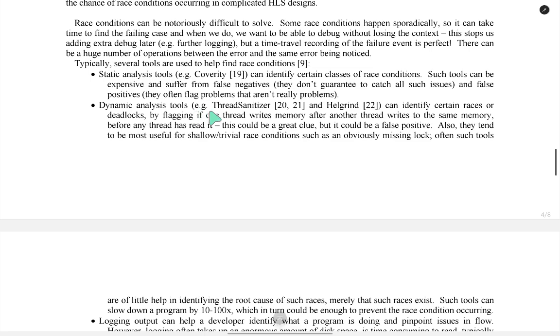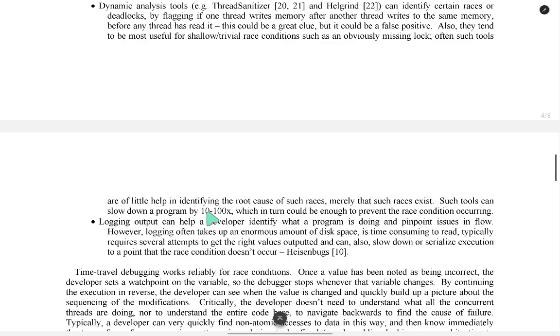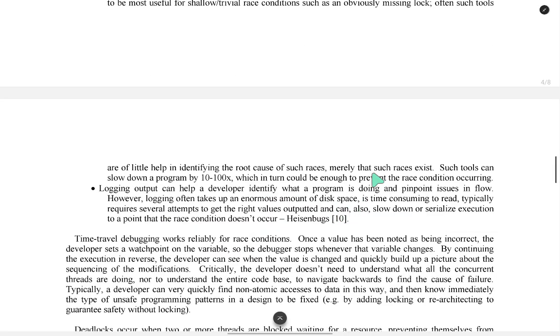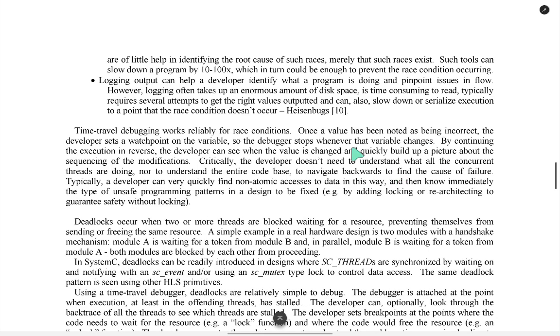Dynamic analysis tools, for example ThreadSanitizer and Helgrind, can identify certain races and deadlocks by flagging if one thread writes memory after another thread wrote the same memory before any thread has read it. This could be a great clue, but it could be a false positive. Also, they tend to be most useful to find trivial race conditions, such as an obviously missing lock. Often such tools offer little help in identifying the root cause of such problems, merely that such problems exist. Some tools can slow down a program by 10 to 100 times, which in turn could be enough to prevent